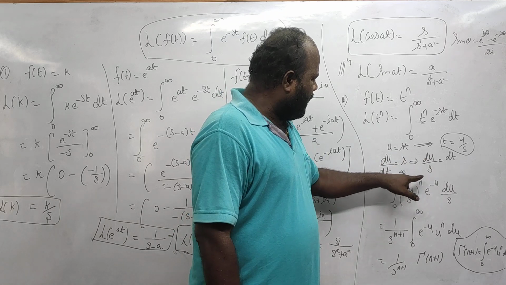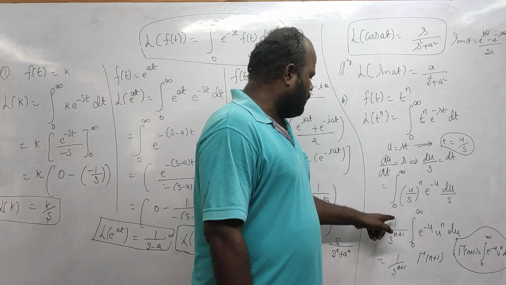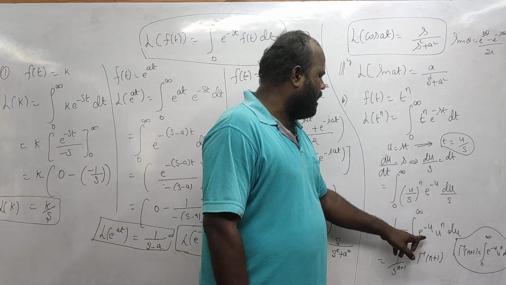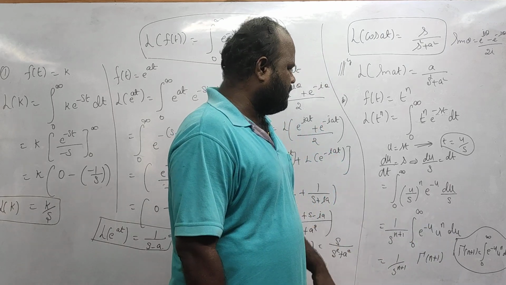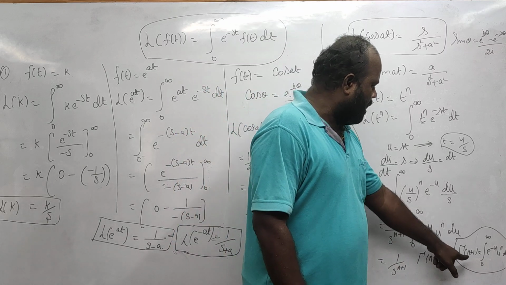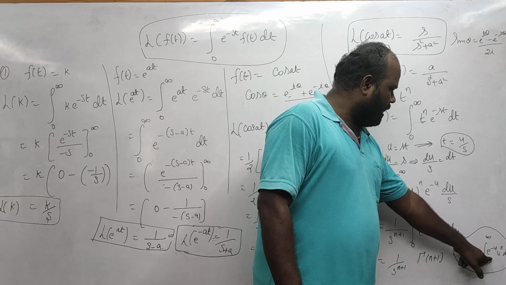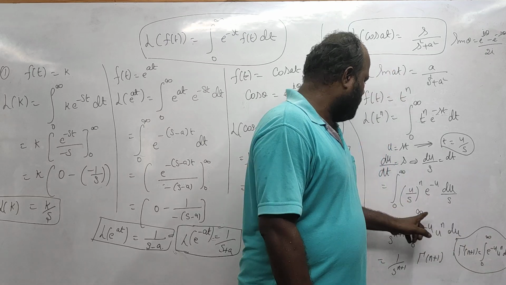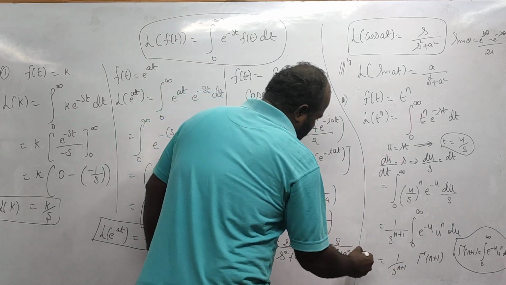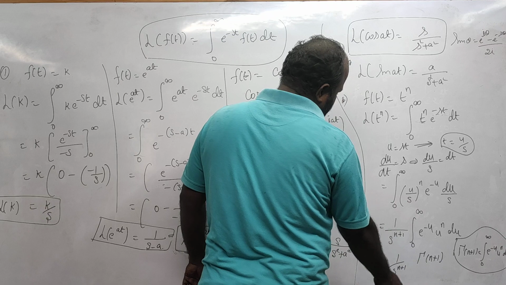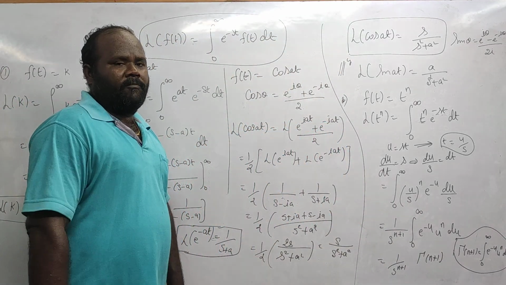So this is nothing but u power n by s power n. Already s power n into s becomes s power n plus 1 outside. So 1 by s power n plus 1, integral 0 to infinity, e power minus u into u power n du. That is a function called the gamma function. It's not in the syllabus, but keep this as a formula. Remember it as a formula: gamma of n plus 1 is equal to integral 0 to infinity of e power minus u into u power n du. Now this term is replaced by gamma of n plus 1. So Laplace of t power n is equal to gamma of n plus 1 divided by s power n plus 1. In the next class we will see the properties of Laplace transformation.